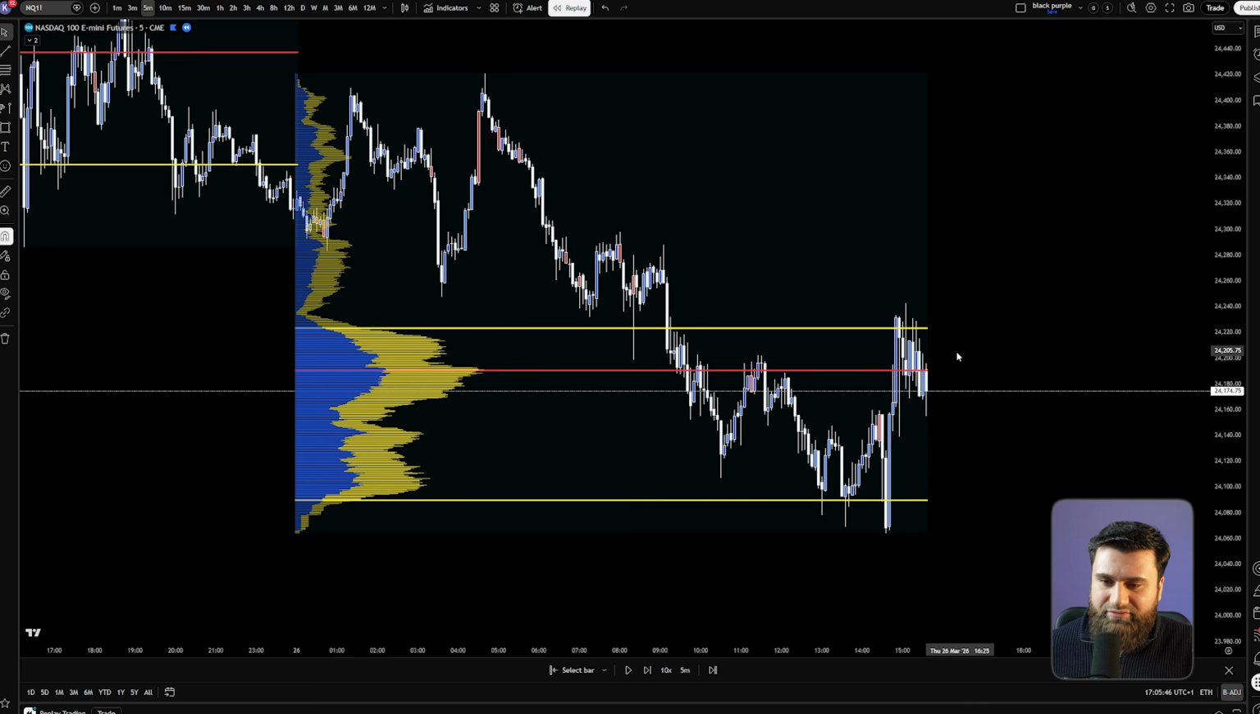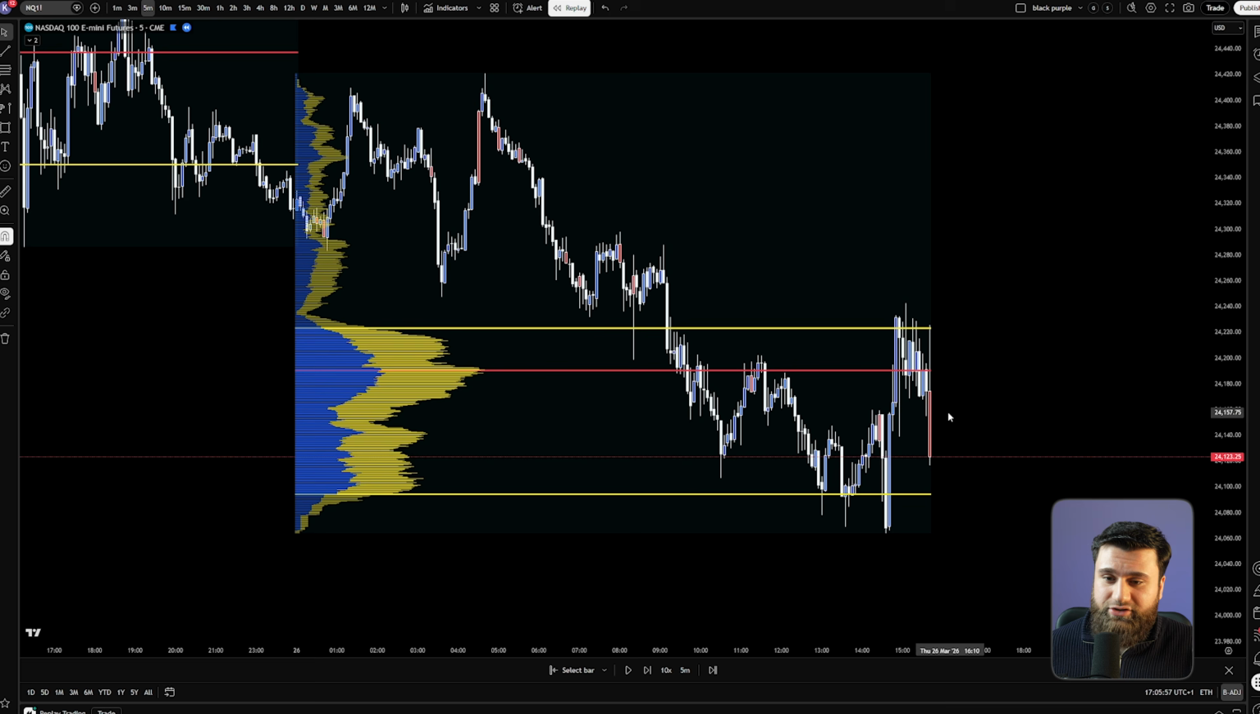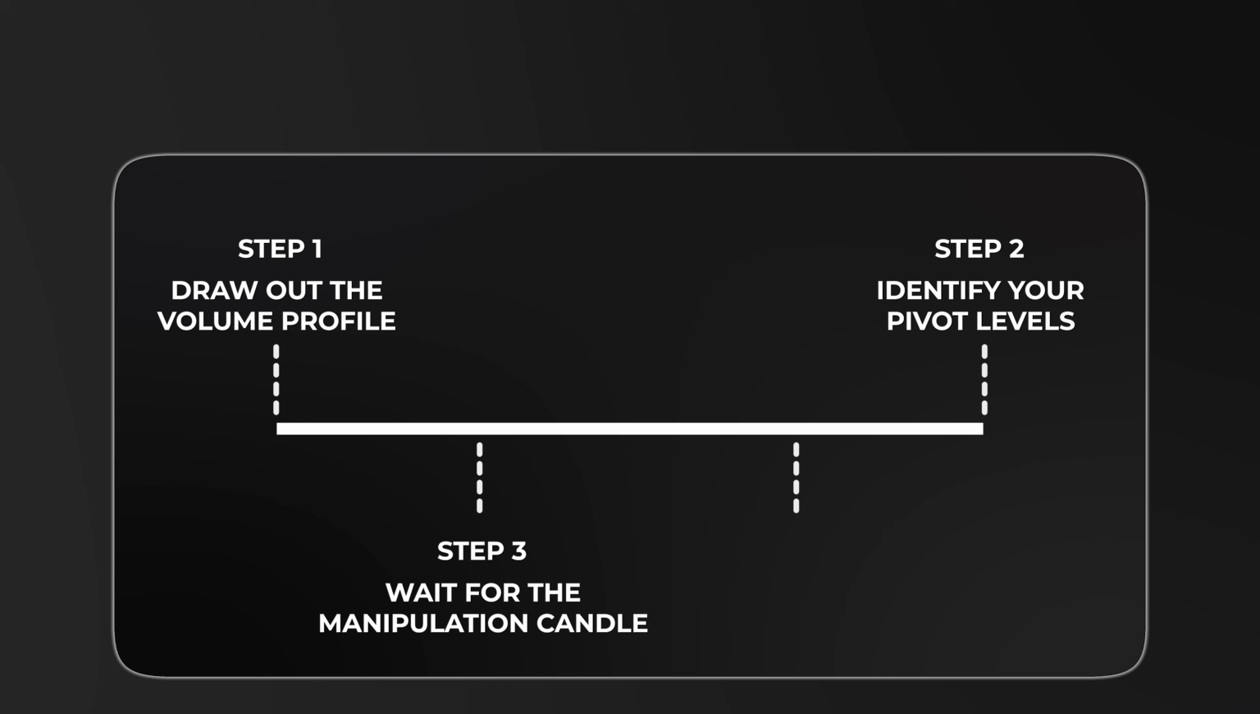So we have now formed a big range here at the top of the value area. Let's see if we can get a manipulation candle here. Just like that, we have a huge manipulation candle, guys. Interesting thing is we are rejecting the value area high and the point of control, closing below both of them and closing very strong. So this is a no-brainer,